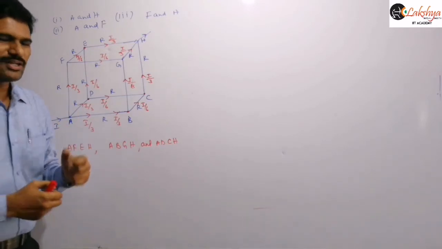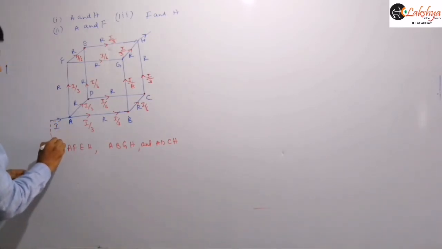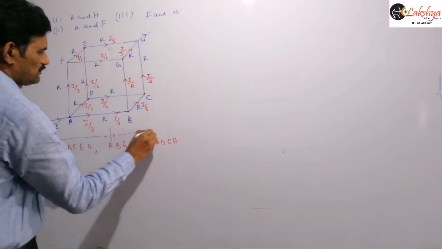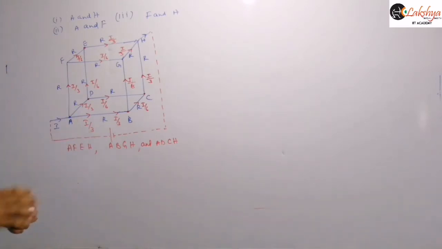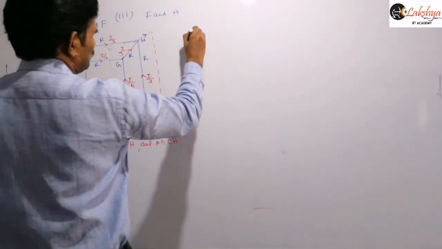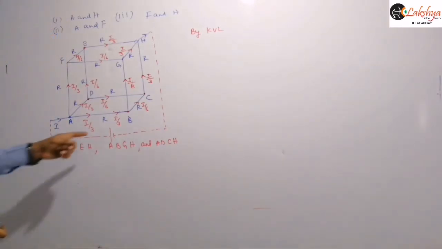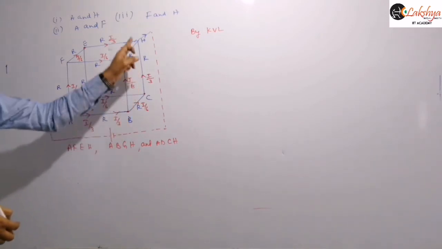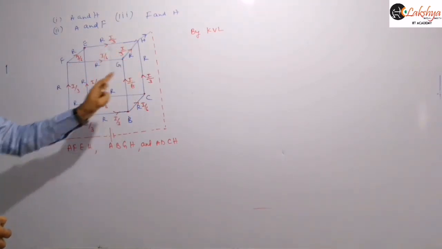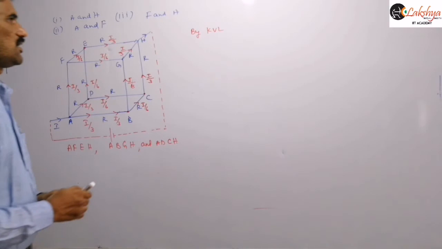Now instead of that, what I am doing is, as the current distribution is over, I am assuming an imaginary cell is connected between those 2 points, and I am applying the Kirchhoff law as the current distribution is over for us. So then by KVL, you can take any one of the paths here, including this cell. Either you can travel like this, or like this, or like this, or here you may travel like this. Any one of the paths you can follow. So you will get the same value here.